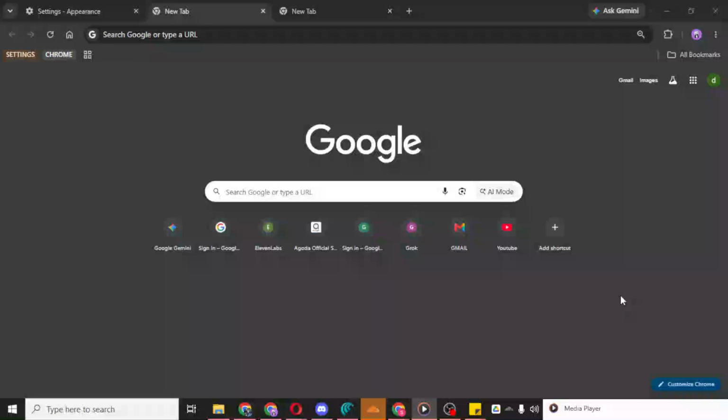In today's video, I'm going to teach you how to turn off dark mode in Google Chrome. If your Chrome browser is currently using a dark theme and you'd prefer the standard light appearance, don't worry. This is a very simple setting to change, and it only takes a moment once you know where to look. I'll walk you through the process clearly so you can follow along at your own pace.